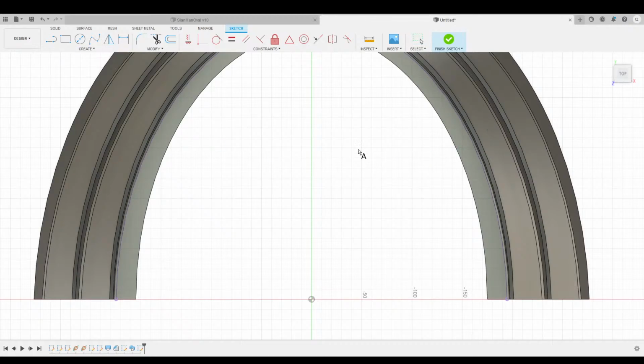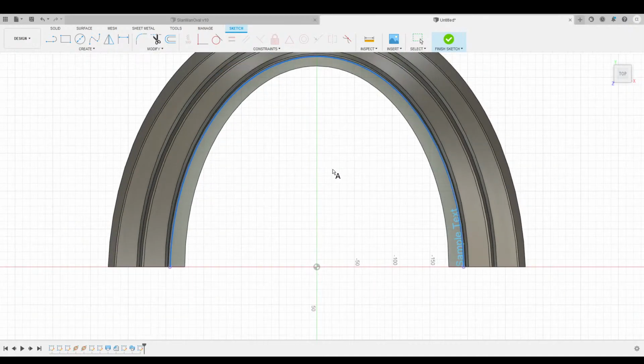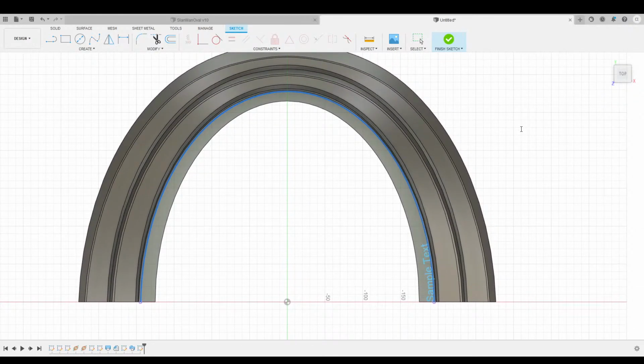So text from a path. Now that purple line is going to be my path. Okay. Sample text. So what are we going to type here? This is for Slanman Custom. So we're going to say Slanman Customs. It's currently stuck over here, so you can do some sort of manipulation on how it's looking, if it's above or below. So a lot of times you can get away from having to do some of this stuff